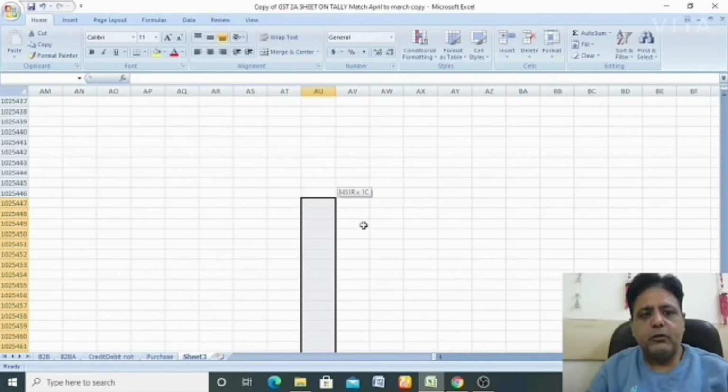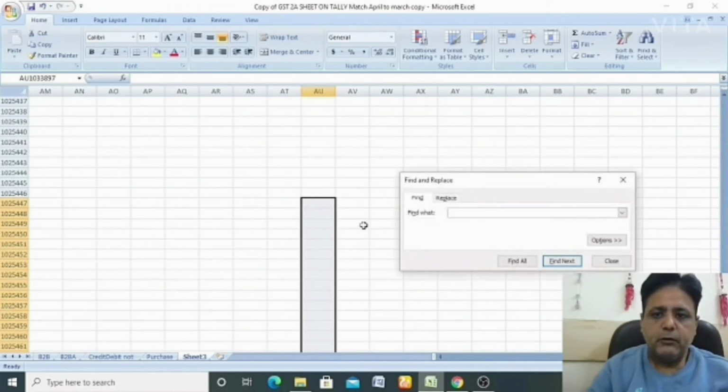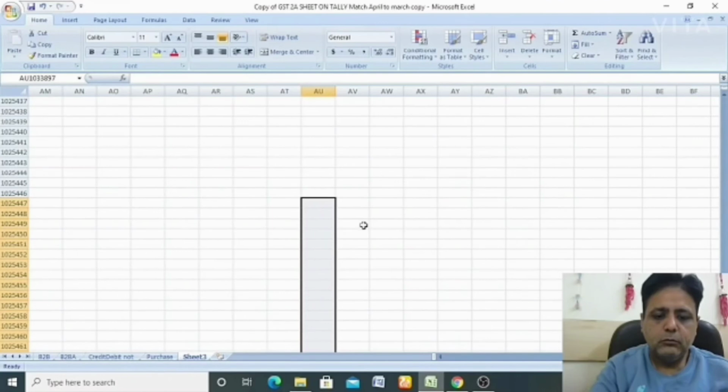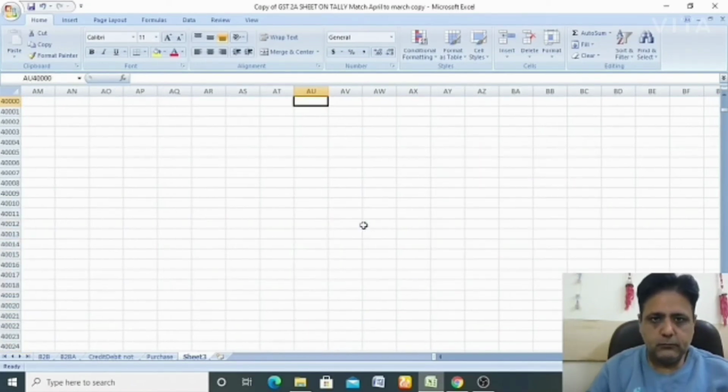So I'll go to the row up to where I need the data, and till there I need it. I don't need these rows.